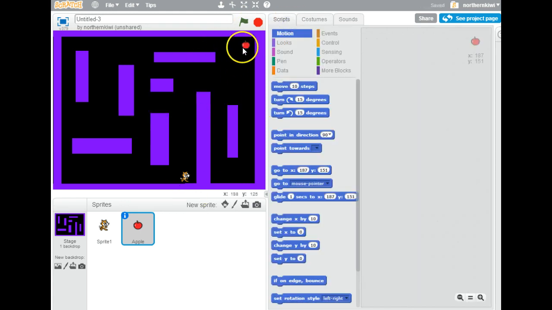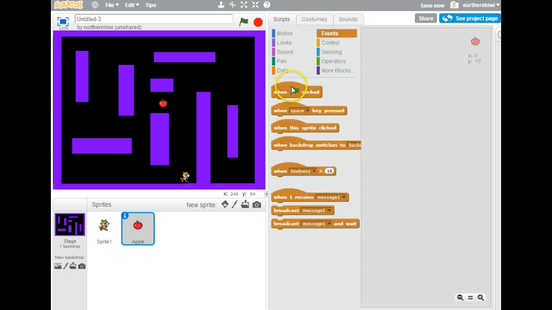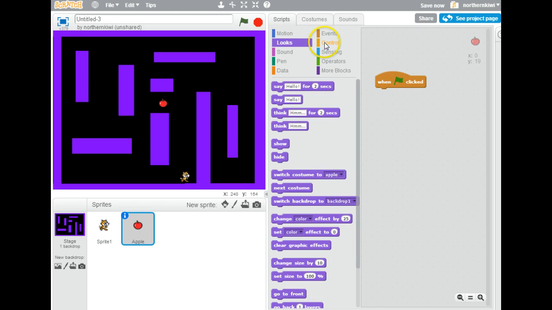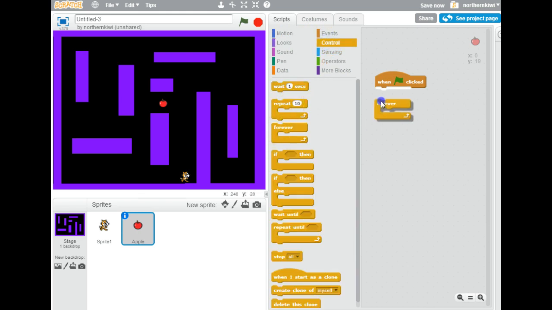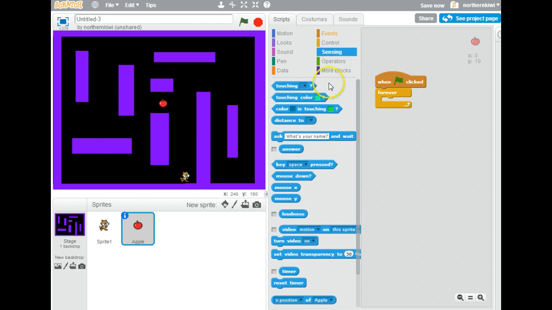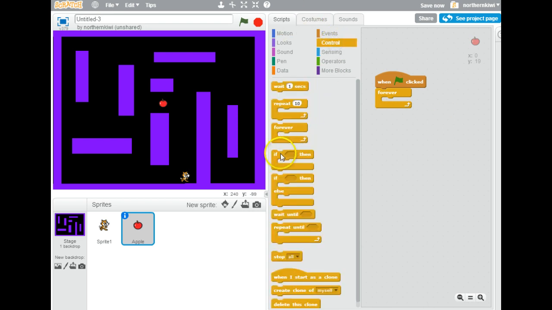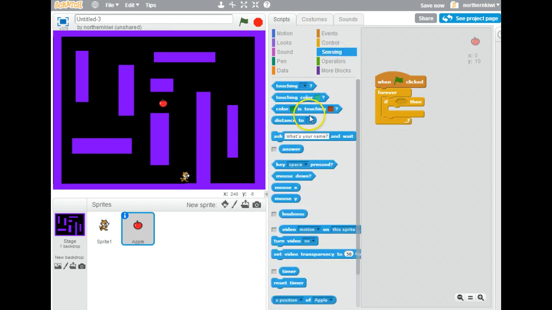And now what I want to have happen is when he moves over the apple, basically it is going to disappear. So now I need some more events. I want it to forever, so always check. So we're going round and round in a loop, a bit more control. If it is touching sprite 1, so it's touching the player,